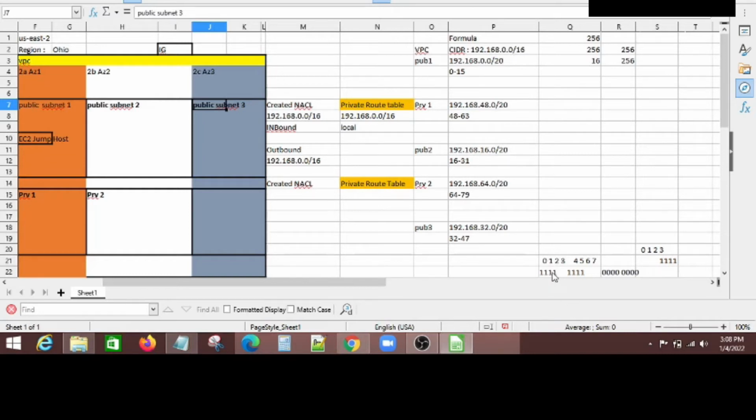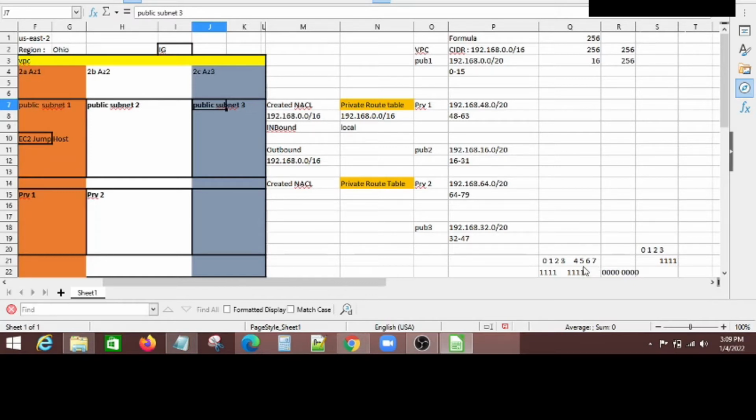If I take the max number, with all ones in each octet, how do I calculate? 2 to the power of 0 for the first one, and 2 to the power of 7 for the last. So 1 into 2 to the power of 7,